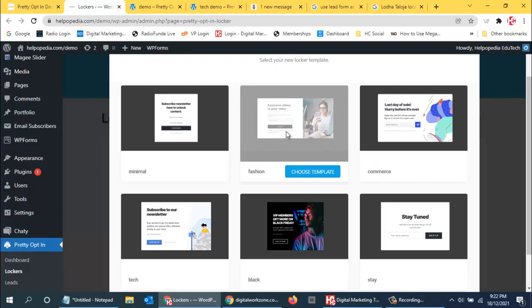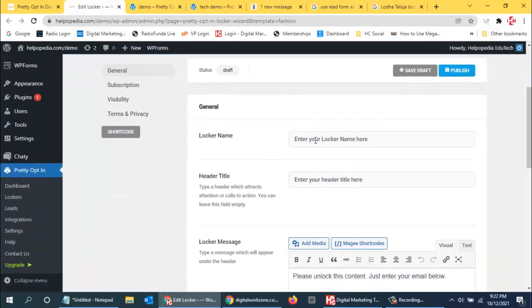So here enter your locker name. So we will use lead generation. Enter your header title. Type a header which attracts attention or call to action third level. Okay, so that's okay. Please unlock this content. Just enter your email below.